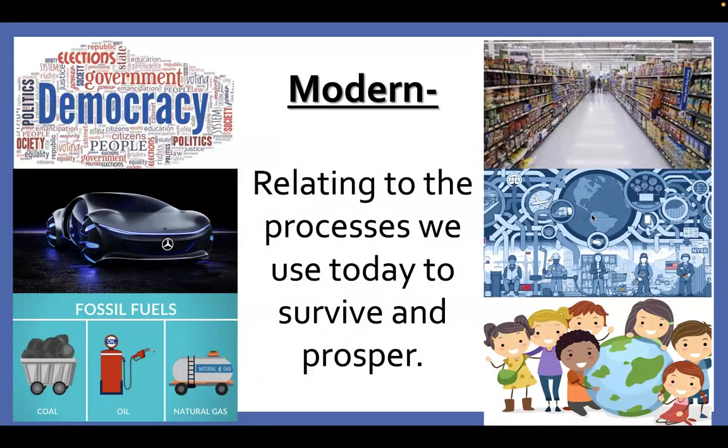So by 1900, a majority of the population of the world is using some sort of democratic republic. When we talk about innovations, a majority of the innovations find their origin between 1750 and 1900. The automobile, electricity, plastic, a lot of things that we use on a day-to-day basis all come from this time period. When we talk about the environment, this is the first time that we really exploit our environment, not use it, but exploit it. And so this leads to the fossil fuel revolution that dominates us today.